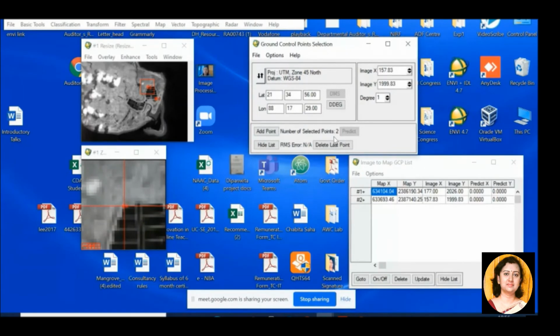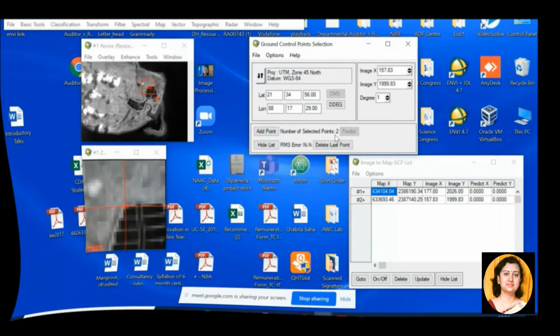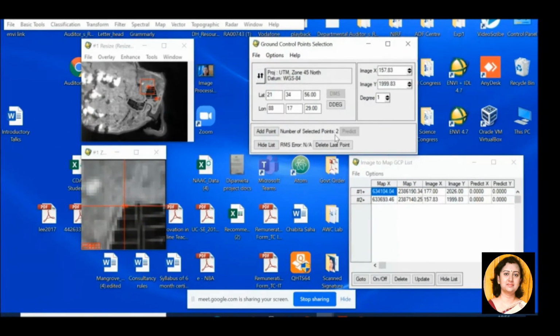So in this way, you have to select as many points as possible. The more the number of points you select, the more accurate the final correction will be. Understood? So in this study area, try to plot at least 25 to 30 points.